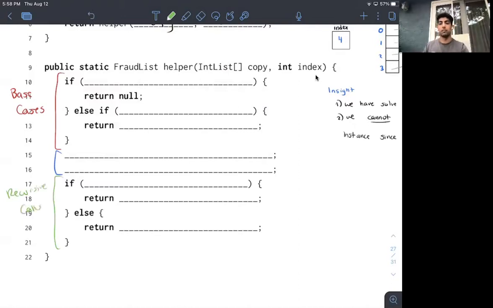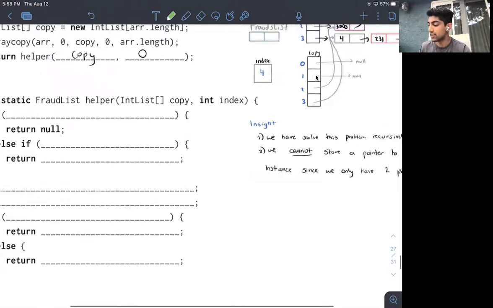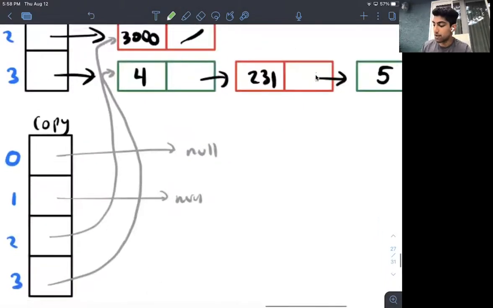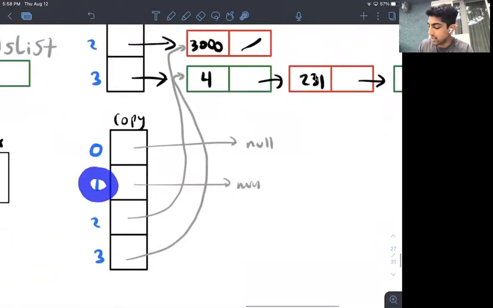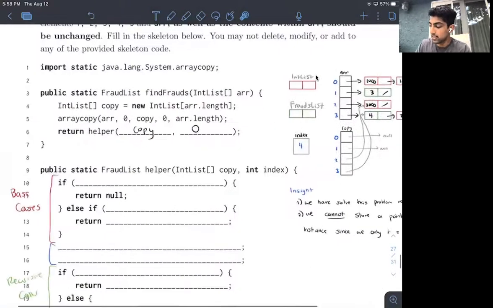So let's start off with the base cases. After walking through the example we just walked through, we can notice 2 base cases. One base case is that if I am at some index and the value of that index is null, it means I've exhausted all of the elements at that index.